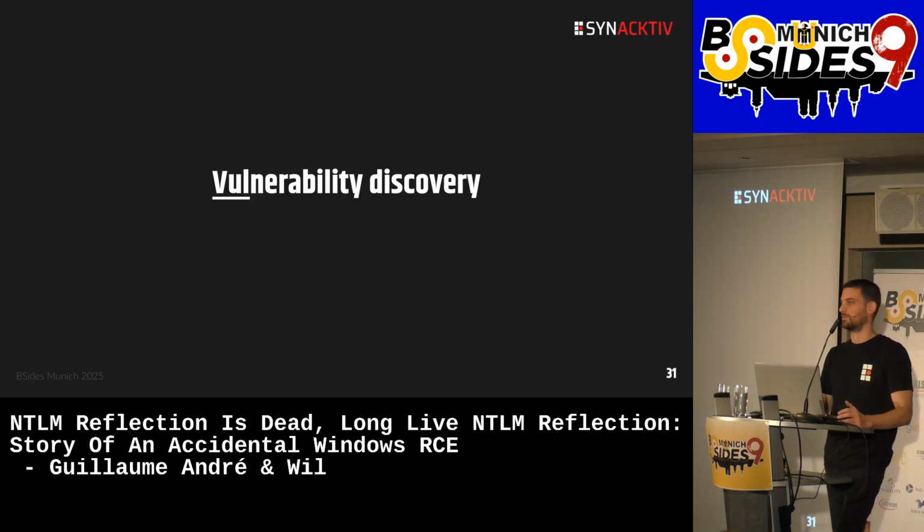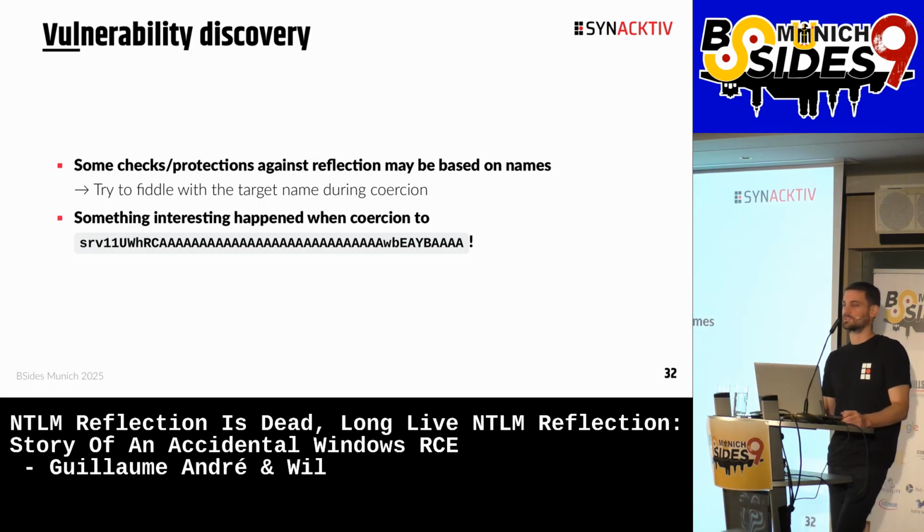Okay, so now you have the concepts. We can talk a bit more about the vulnerability discovery. So at the start, we were performing some Kerberos research on reflection attacks, and we know that some checks and protection against reflection attacks may be based on names. So we tried to fiddle with the target name during coercion. And something interesting happened when we tried to perform coercion to that specific DNS record using the marshalled target information